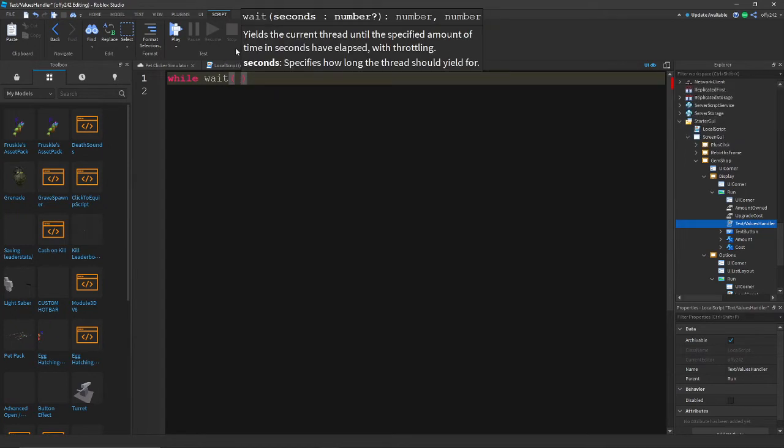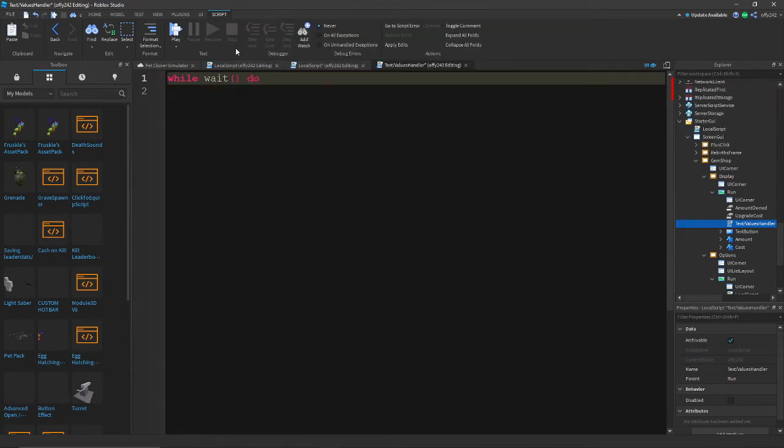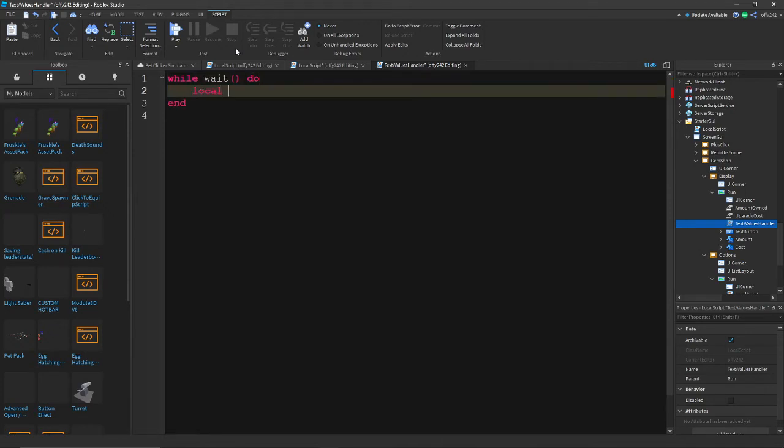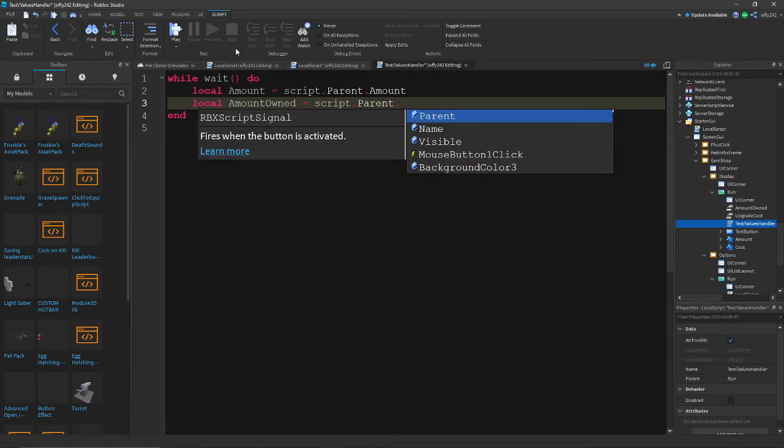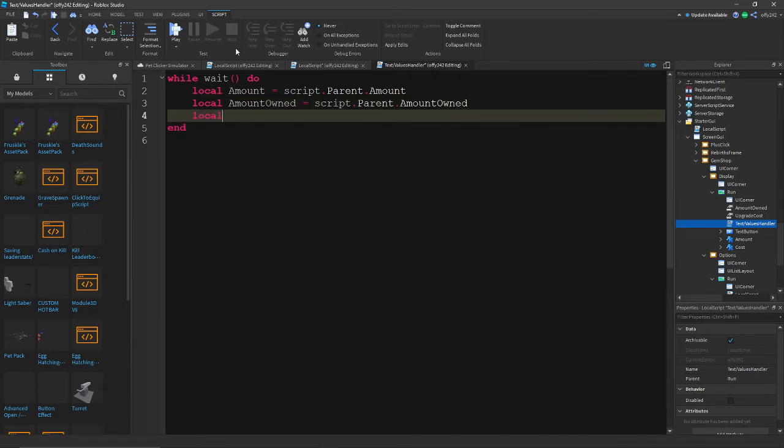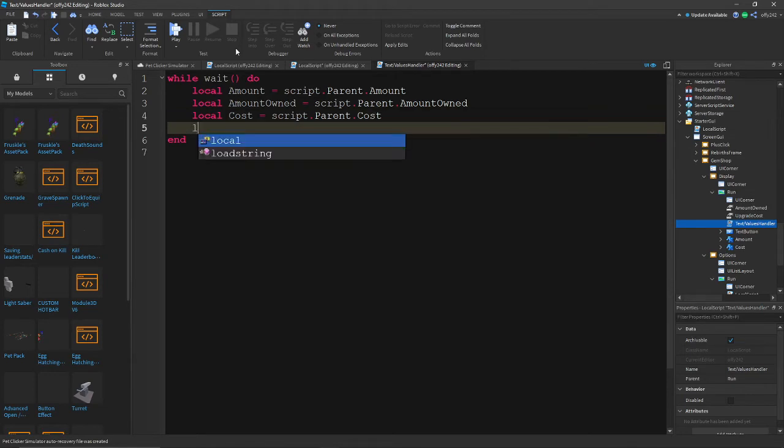while wait() do local amount = script.Parent.amount, and then local amount owned = script.Parent.amount owned, and then local cost = script.Parent.cost, and then local upgrade cost = script.Parent.upgrade cost, and then